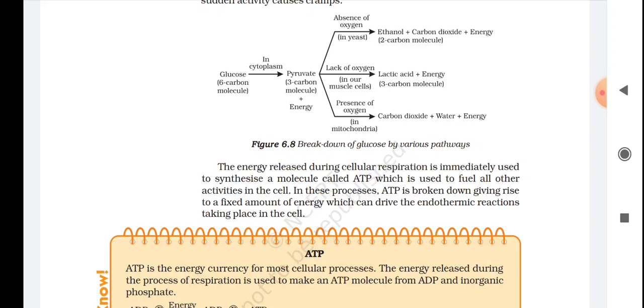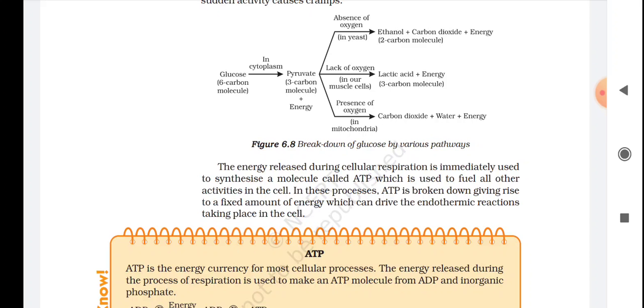So first we will see the Krebs cycle. The Krebs cycle is done in the mitochondria. So the first step is the Krebs cycle, the second step is ETS in aerobic respiration. So in the Krebs cycle, what happens? This step occurs inside the mitochondria. You have to write all these points in your notebook. All these points are important for your assignment, and also for your board questions, children. So just focus, and note down what I am saying in your copy.